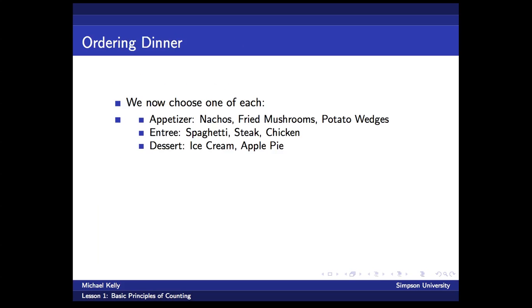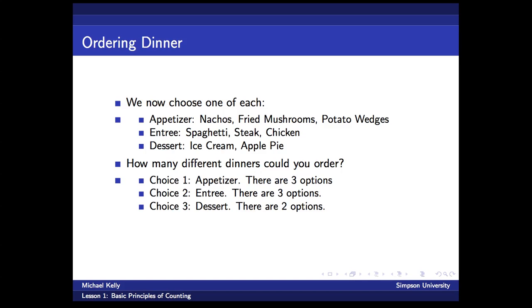So now that we have our Italian soda ordered, we want to order dinner. We're going to choose an appetizer from nachos, fried mushrooms, and potato wedges, an entree from spaghetti, steak, and chicken, and a dessert from ice cream and apple pie. So how many different dinners could we come up with? Well, first we can choose an appetizer, and there are 3 options. The second choice has 3 options for entrees, and we get to choose one of 2 desserts. The generalized multiplication rule tells us that the total number of dinners we could create is 3 times 3 times